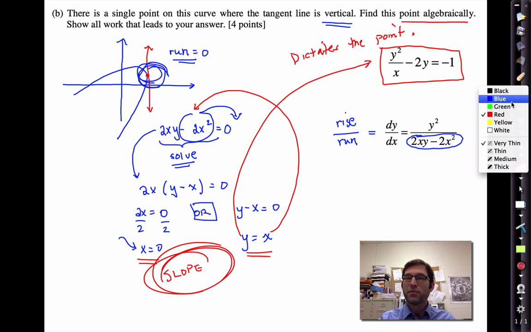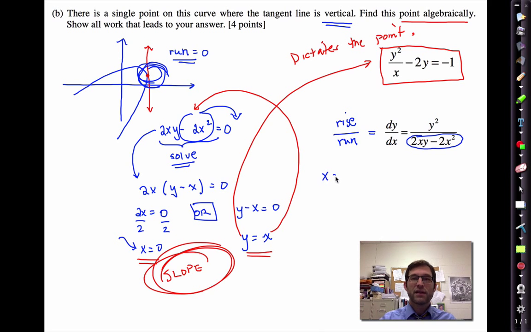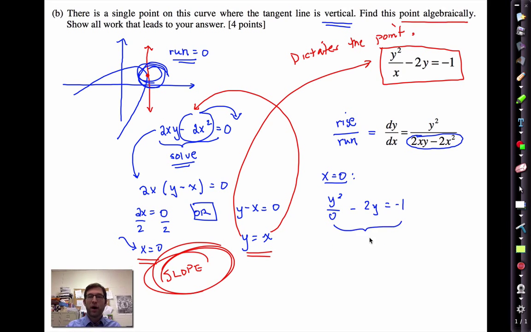Let me now switch back to blue because I'm tired of the red. Let me take x equals 0 and plug it in. Well, what do I get? y squared divided by 0 minus 2 times y equals negative 1. Well, this is impossible. I'm not going to say does not exist. I can say no solutions, that's fine. And now let me do the y equals x contingency. Well, if I put that one in,